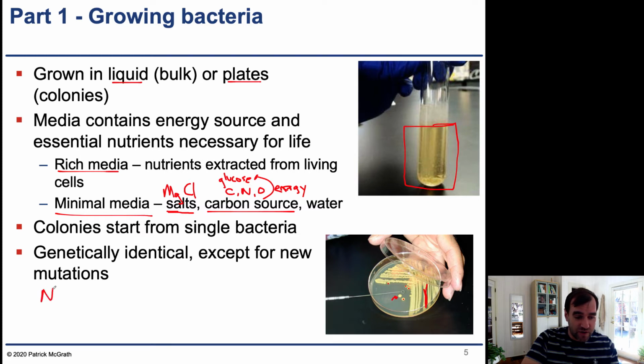So these might be nucleotides. Nucleotides are either DNA or RNA nucleotides that are necessary for creating DNA or necessary for creating RNA. It can form all the amino acids. There's 20 amino acids, and all of those amino acids can be synthesized from this sugar. Those amino acids are then used as the fundamental subunits of proteins. It makes fatty acids, it makes vitamins, it makes pretty much everything that you need in order to create a